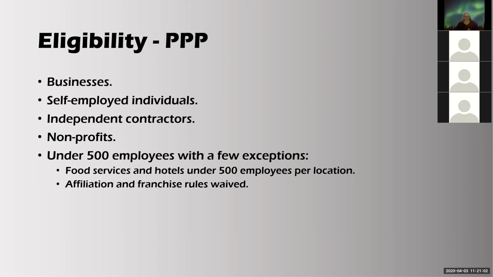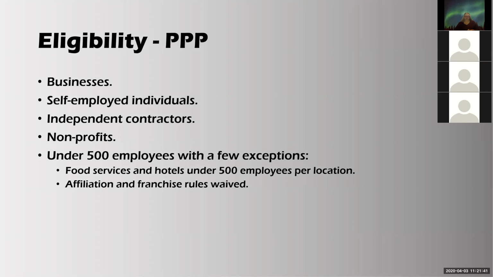Now, to be eligible for the payroll protection loan, you have to have a business, or be a self-employed individual, which would pull in the LLCs that have owner draws, an independent contractor. In other words, you have a Schedule C on your personal taxes. Nonprofits can get this too. So if you have churches or any kind of nonprofit that their charitable contributions are down, you can get that from here too.